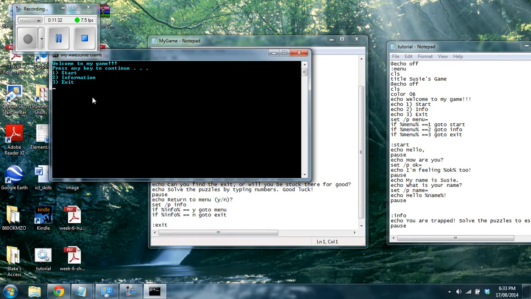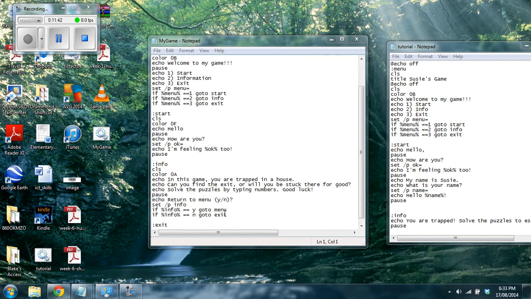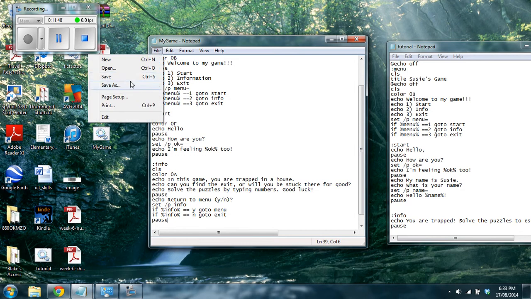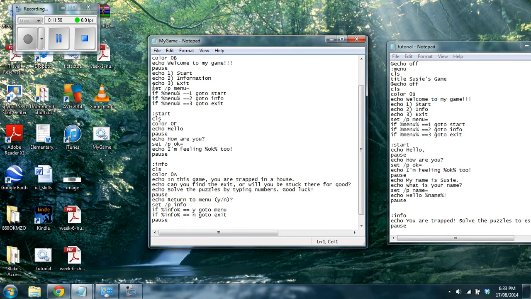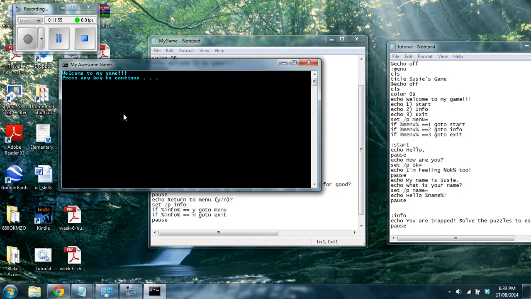Info. There you go. In this game, you're trapped in a house. Can you find the exit, or will you be stuck there for good? Solve the puzzle by typing numbers. Good luck. Oops, I need another pause again. It just disappeared. You'll find when you make this kind of game, there'll be a lot of checking and rechecking to make sure you've done this right. Oops, sorry, I still need that